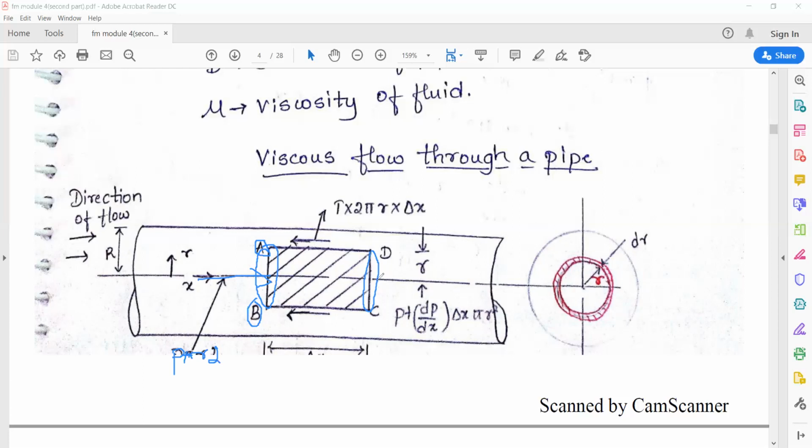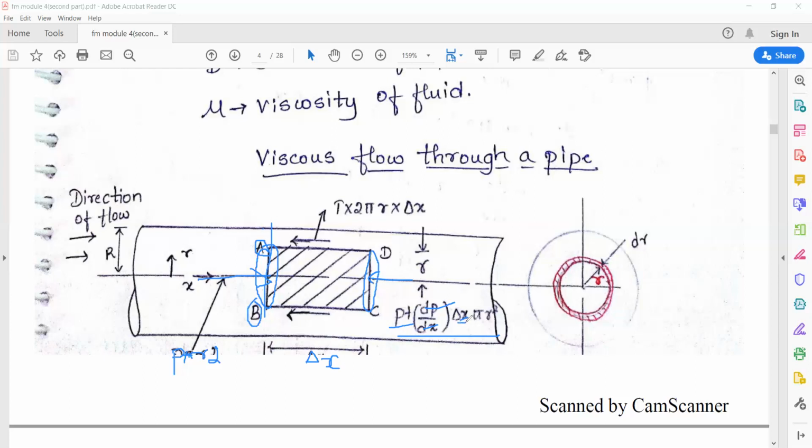is the pressure force which is acting at the inlet of the fluid element, right? And at the exit, the other end of the fluid element, the pressure force is analyzed by making use of the Taylor series of expansion. All right, we have already discussed in the previous module also that if you are analyzing any fluid element, we make use of the partial differential equation, that is, the Taylor series of expansion. Initially the pressure is considered as P, and there will be a change in pressure along the x direction at a distance delta x. The distance between the two faces, the inlet and the exit of the fluid element, is denoted by delta x.